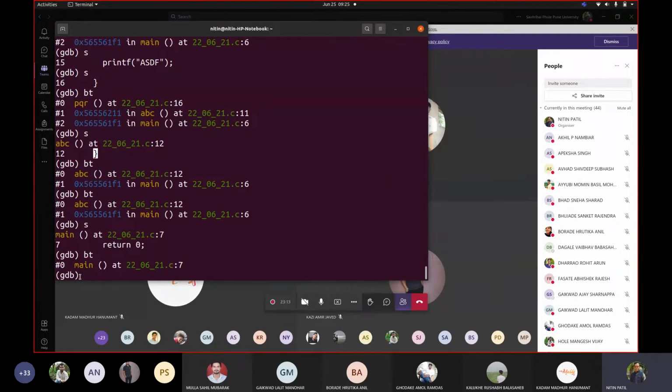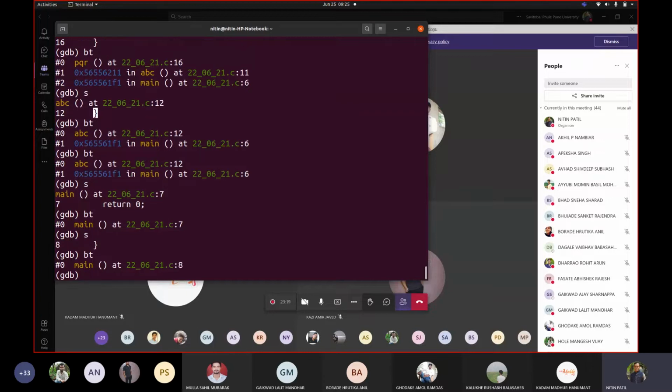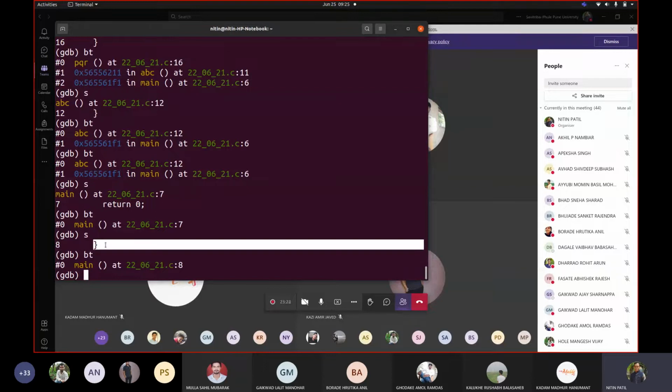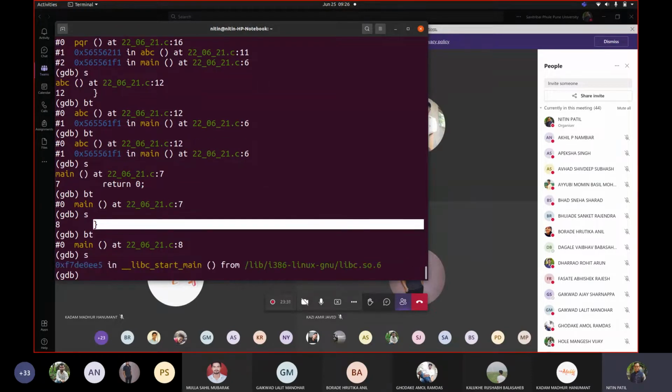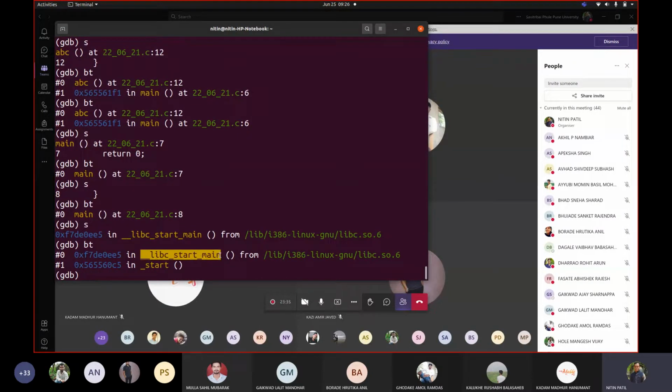Now when I'm executing this return statement, so step. Okay, now this would be the last statement. Now I'm still in main. Now when I execute this last statement from main, which is this curly bracket, then control is given back to the original function which gave the call to main. If I now write BT, main was given the call by this function, and this function was called by this underscore start.